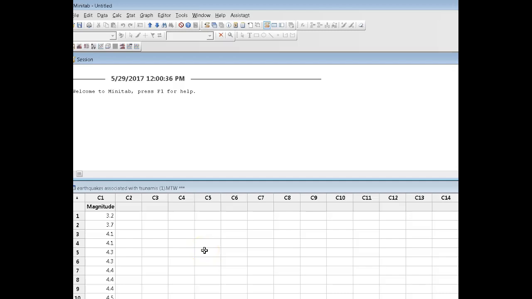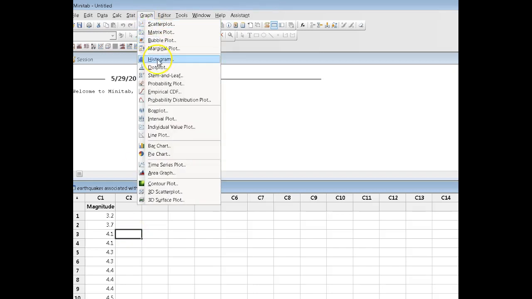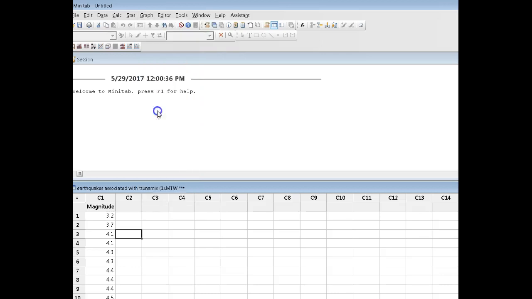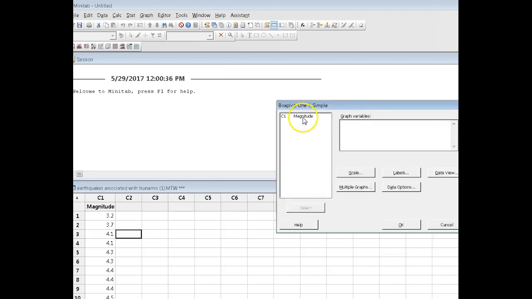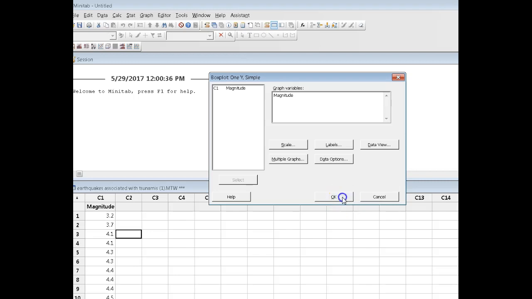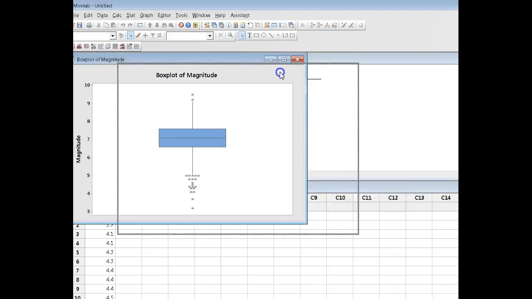A really good plot to describe quantitative data is to use the box plot. Now here I have the earthquake data associated with tsunamis, and we're going to graph them using the box plot. Here it is. We have one simple set of data. Give it the data we're interested in, click OK, let Minitab do its own thing, and here's what I end